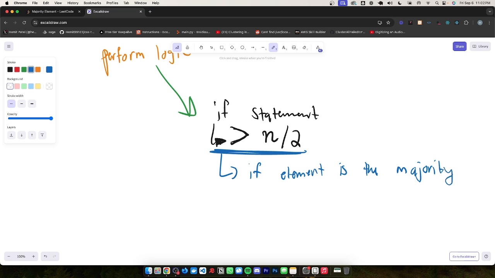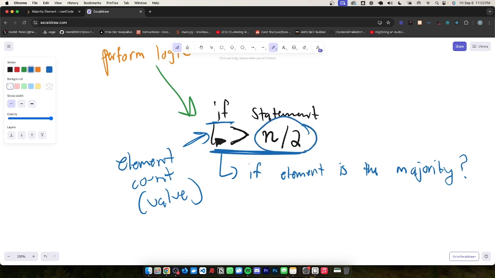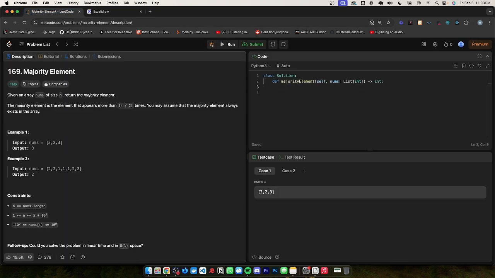And you might be a little confused right now. How is seeing if your element count, which is your value within your key value pair, is over this formula or function, whatever you want to call it, this numerical value, going to represent the majority? It makes no sense theoretically, just by first glance. If I showed someone this, they'd be like, are you crazy? That makes no sense. But looking at our Leetcode problem,